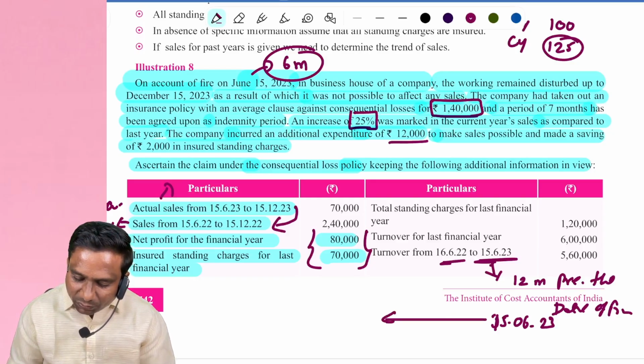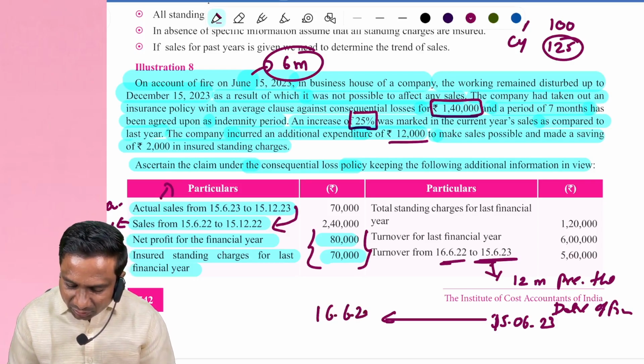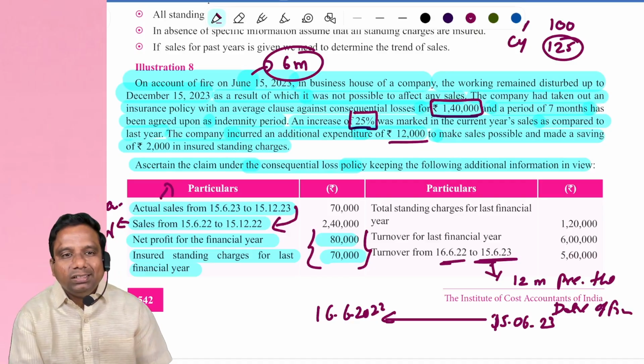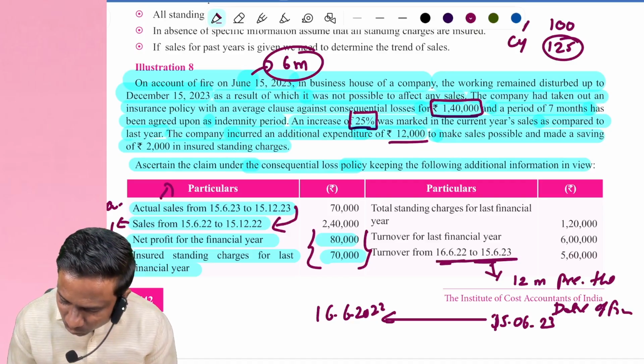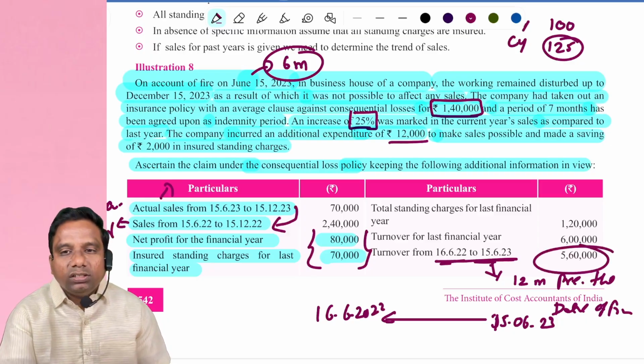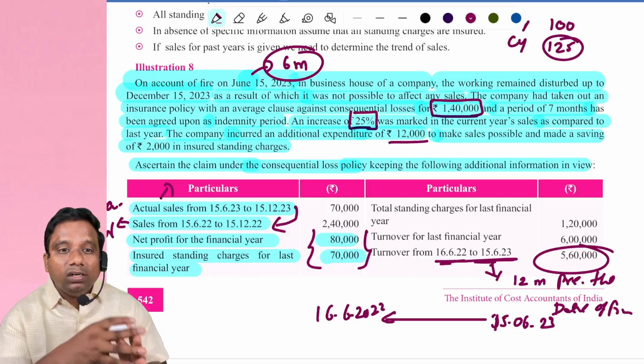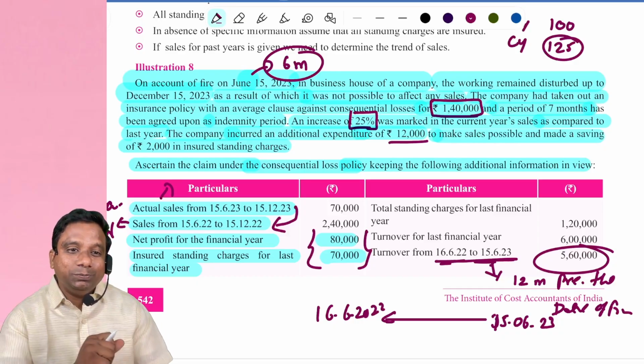Go back 12 months, that means 16/6/22. So from 16/6/22 to 15/6/2023, what is our annual turnover? 5 lakh 60. This is helpful for us in calculating insurable value. Okay, now look at,